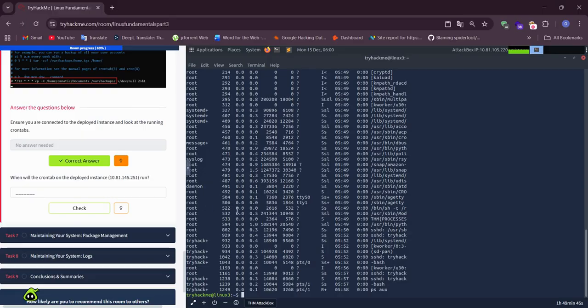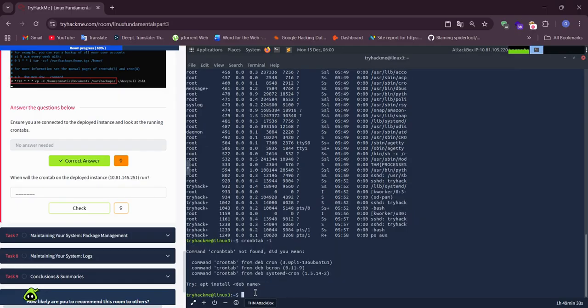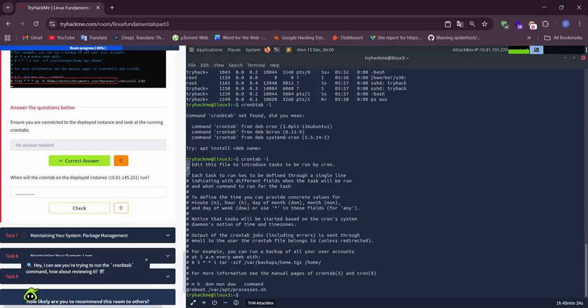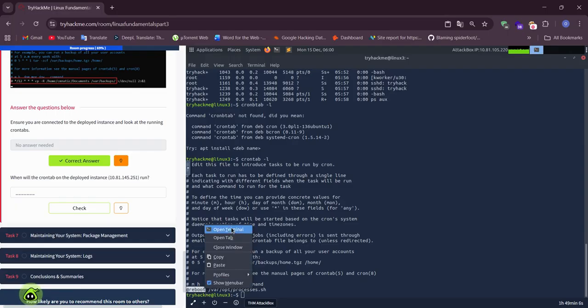We write crontab -l, and when will the crontab on the deployed machine instance run? Our answer is that.